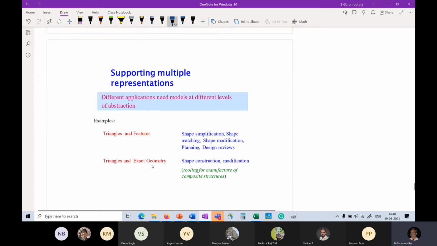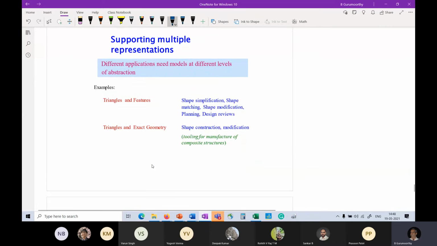And of course, going forward, we have to support multiple representations. We cannot henceforth assume that my CAD system will only consist of a boundary representation with faces, edges, and vertices and loops, etc. I may have a surface mesh, which is another kind of boundary representation, and of course the feature model or the parametric models.